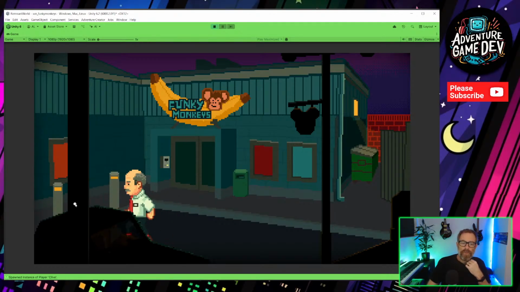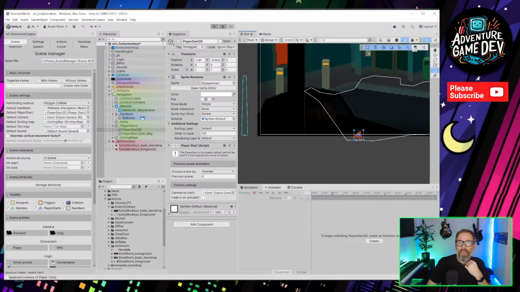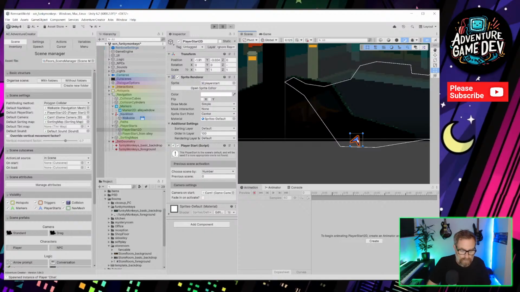That little movement past the car. We might even start him from there. Yeah, if we start him from there, then you definitely get the idea that it's a car. So we'll change his start point slightly. Player start, shift it over there a bit, move that walkable area.